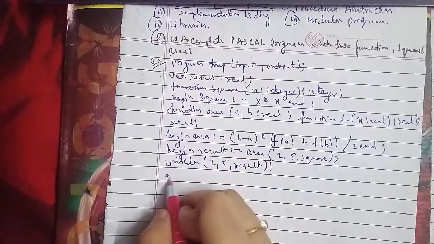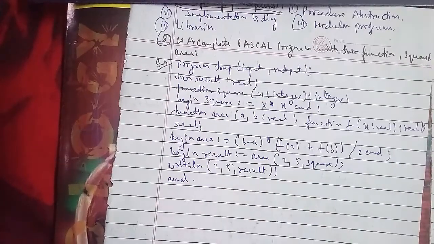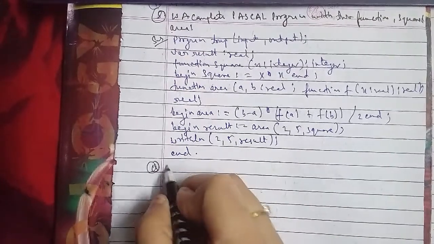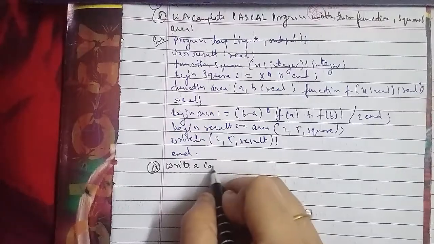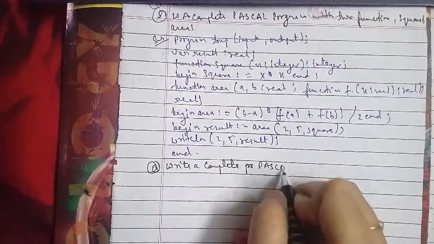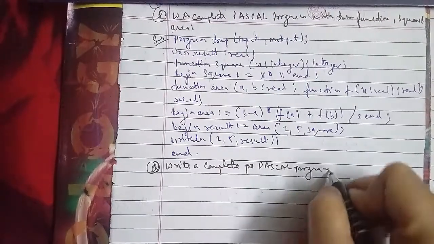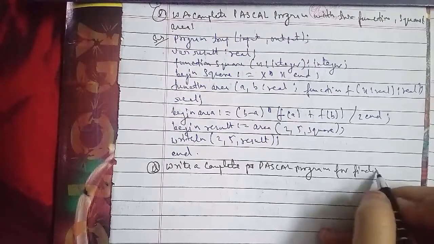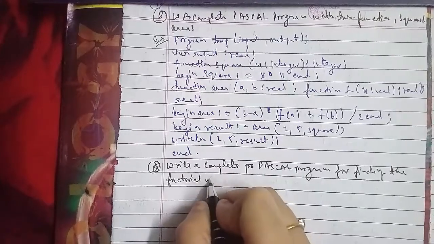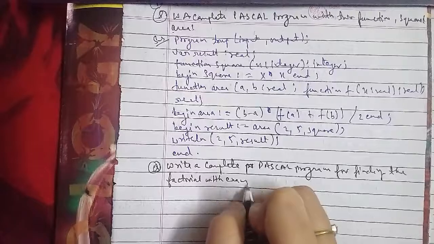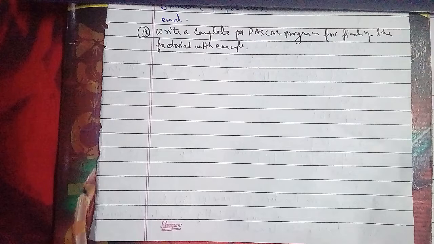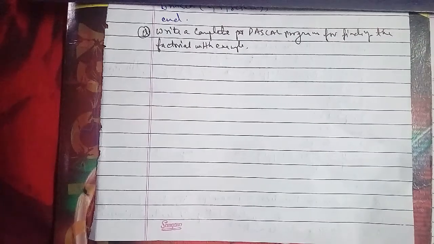And this is another program, which is: write a complete Pascal program for finding the factorial, with example. So we'll discuss that here. The Pascal program for finding the factorial is to be as follows: function f(n: integer): integer;